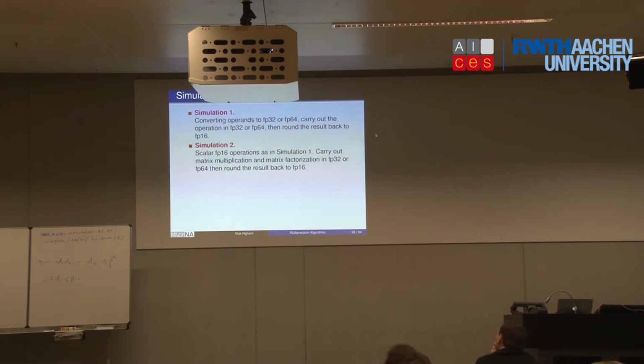You can do this obviously in C++, Julia, MATLAB. You can just redefine every operator to mean convert, compute, convert back. Another way of doing things would be slightly different, in that for the higher level kernels, like matrix multiply, you could carry out the whole operation at once: take A and B matrices in FP16, convert them both to single, say, do the whole computation in single, and then round the result back to FP16. So the individual operations are all being done, all the intermediate work is being done, at a higher precision.